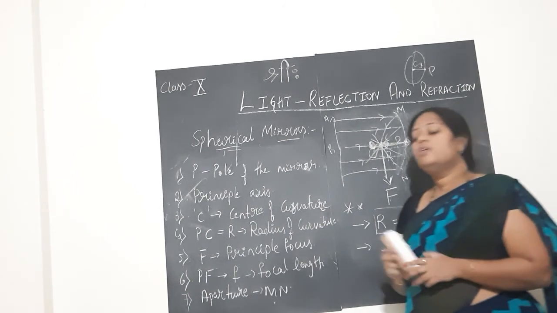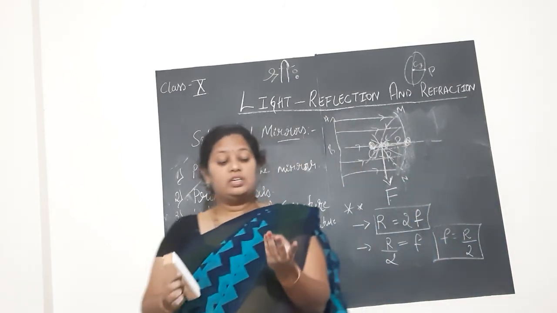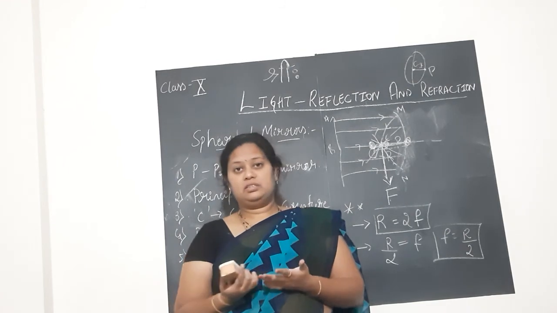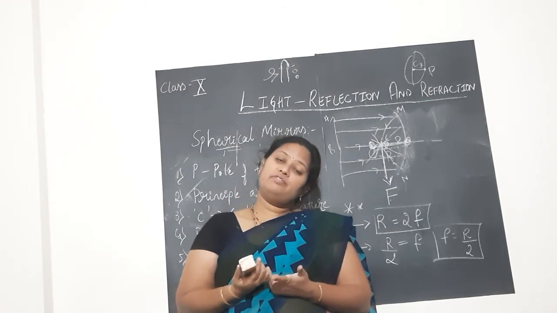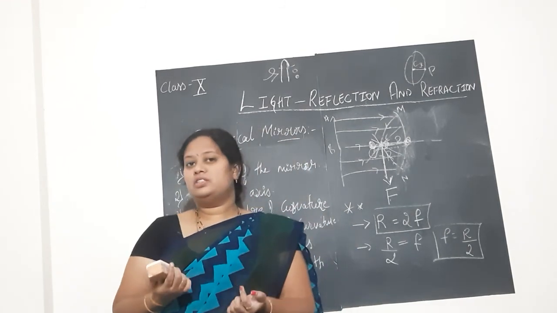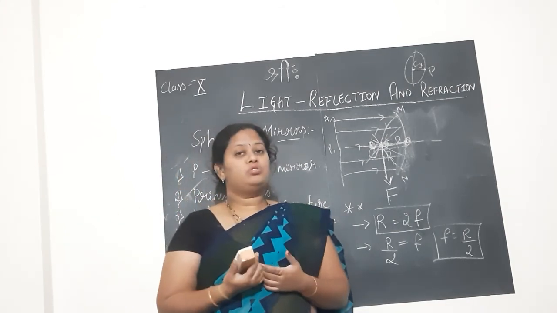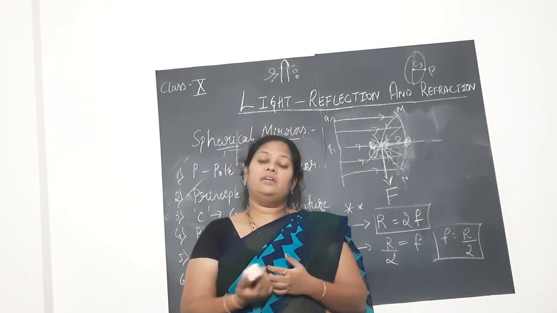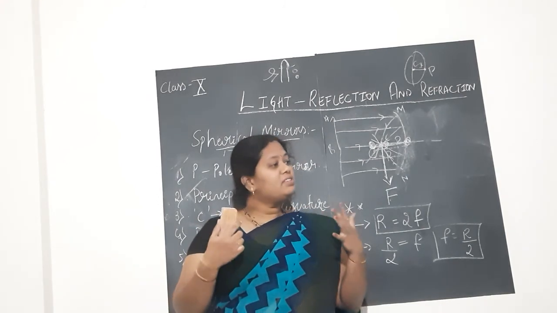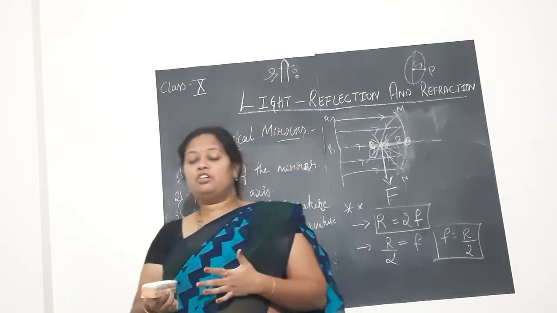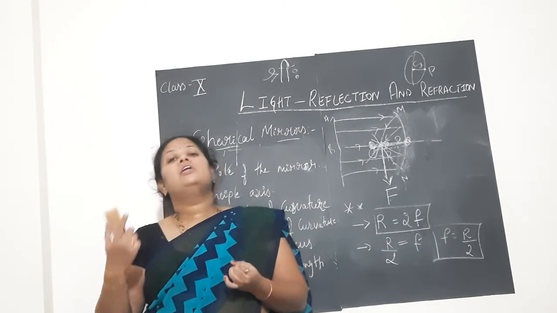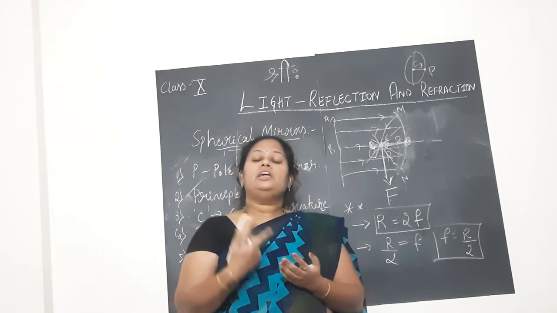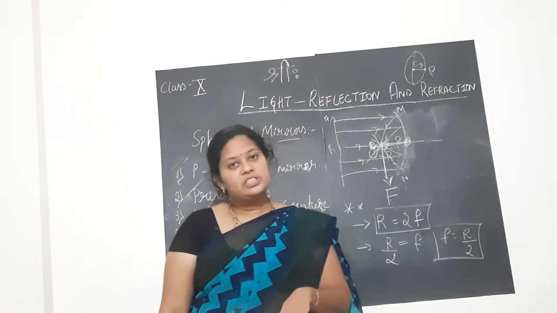So to recall what we have studied till now: what is light, you read. It is the main branch of physics, that is optics, you read. Next we studied different properties of light. What is a ray, what is a beam. What is the natural source of light, and the twinkling star, moon, rainbow concepts we all studied. And after that, we studied the process of reflection of light in the case of plane mirrors. What is angle of incidence, angle of reflection, laws of reflection, image formation in the case of plane mirrors we studied.